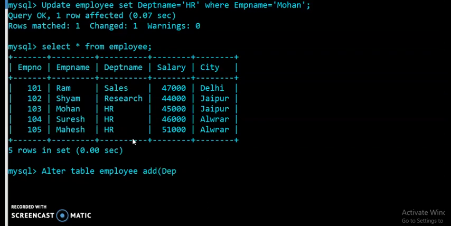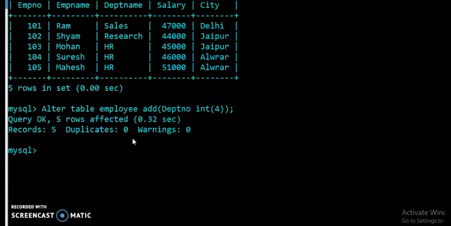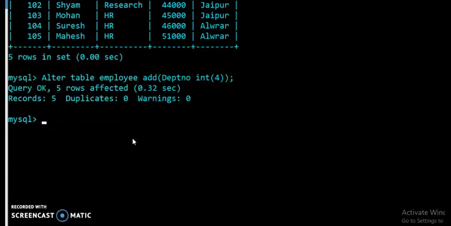I want to create here dept number, department number, of int type, and I want to set the size as 4. Now I have to close the bracket, then semicolon, then enter. Query OK, 5 rows affected. It means the new column department number is added to our table employee.